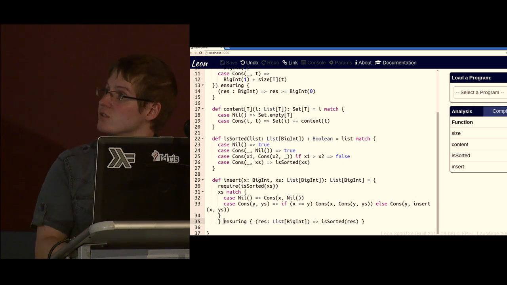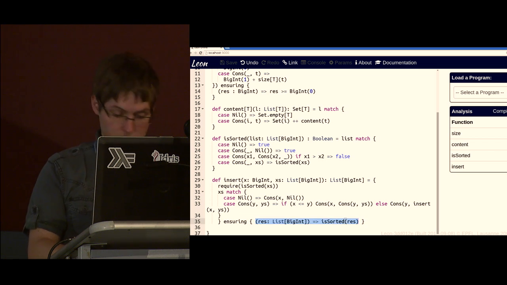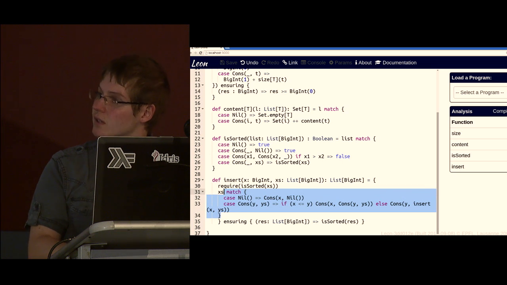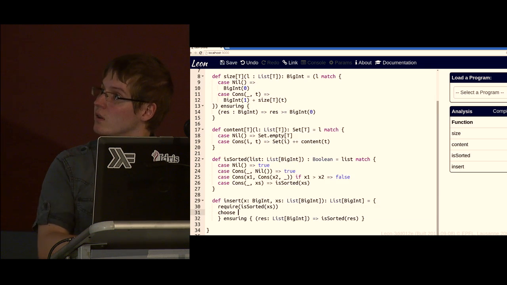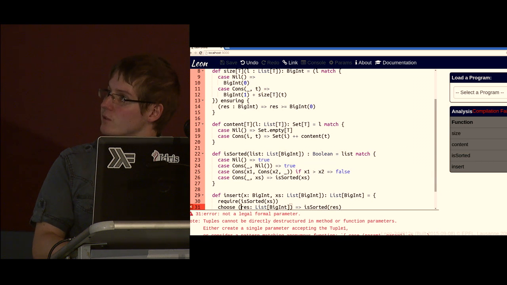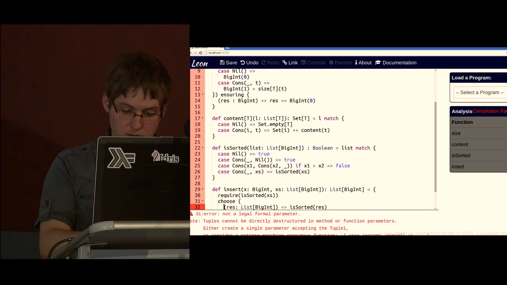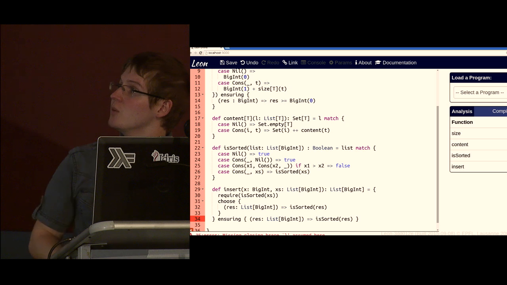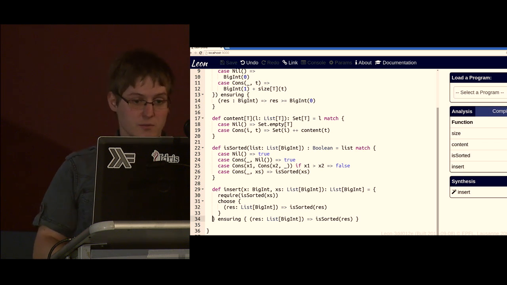So we can just take our ensuring here. We can now go here and remove that. You can say choose. And people who have been looking at the difference between classical logic and constructive logic will know this as the peculiar Hilbert's choice operator. And this is not actually executable, but the system will look at this, find, okay, there's